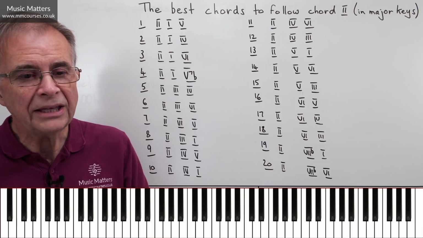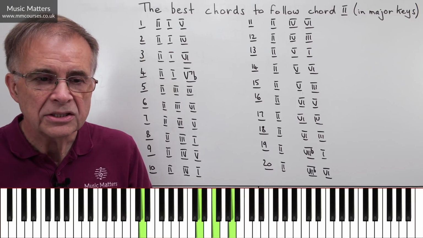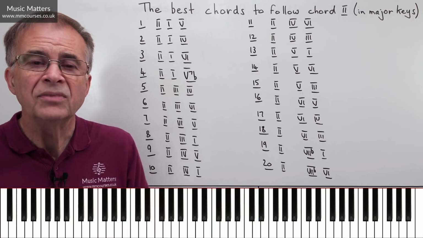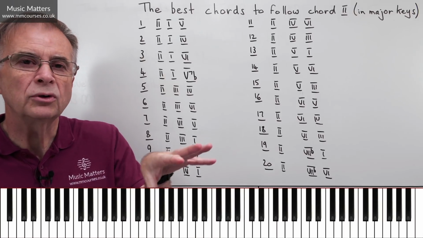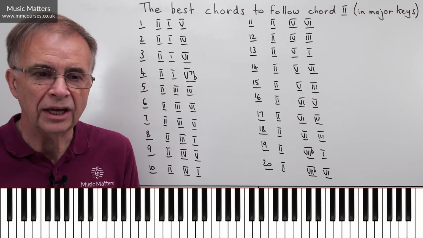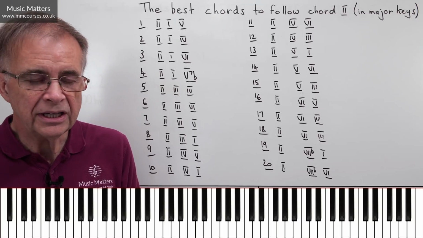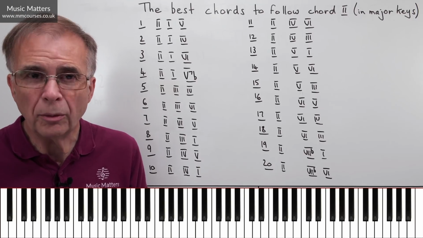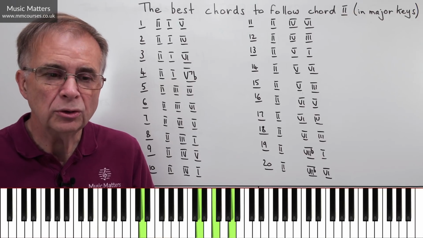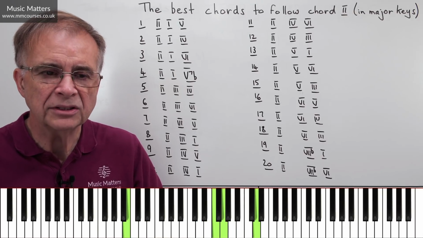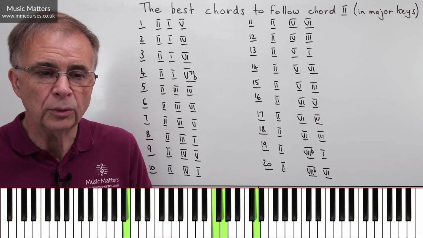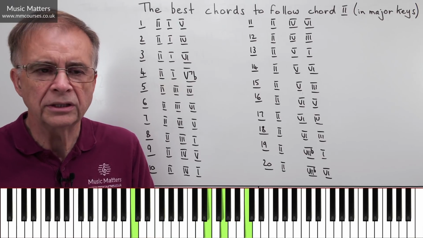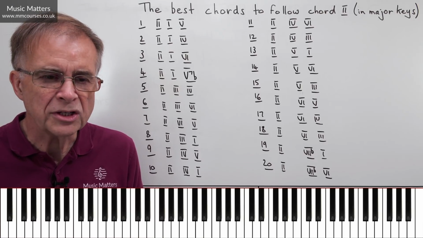So can you hear the bass goes very nicely by step? D, C, B. So that's quite a nice progression. If you can get some neighbouring notes going in the bass line, that works very nicely. Now again, it's another 3 chord progression that doesn't want to stop on 5, 7B. If you're going 2 to 1 to 5, 7B, you might come back to 1 again, and then 4, 5, 1. That would be a nice strong progression, wouldn't it?